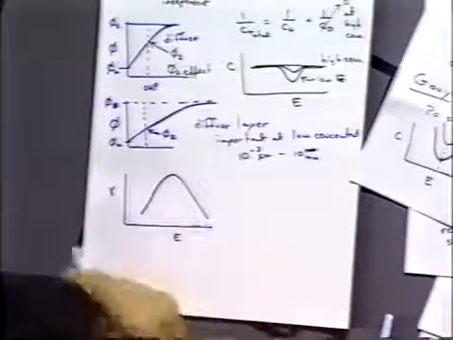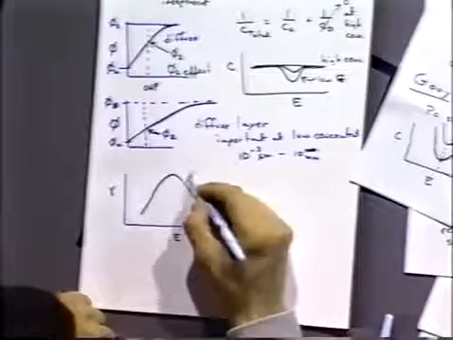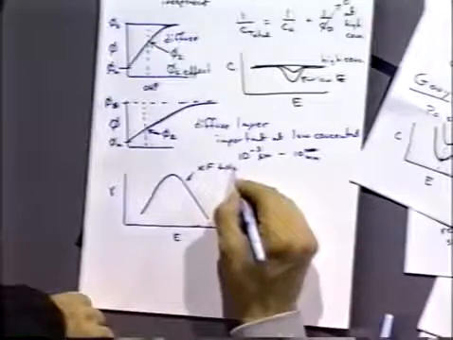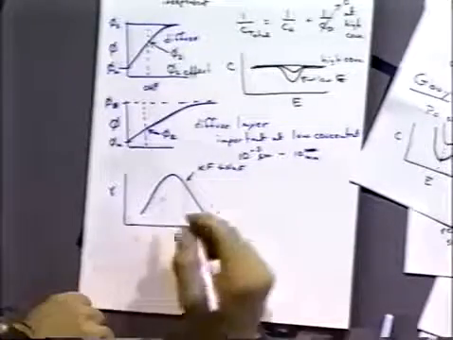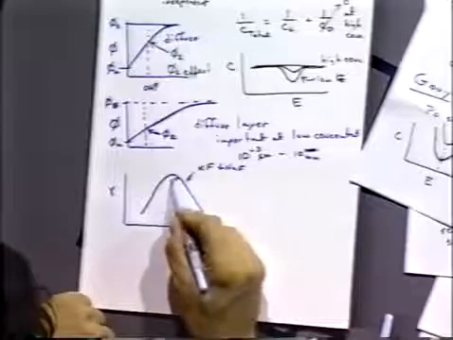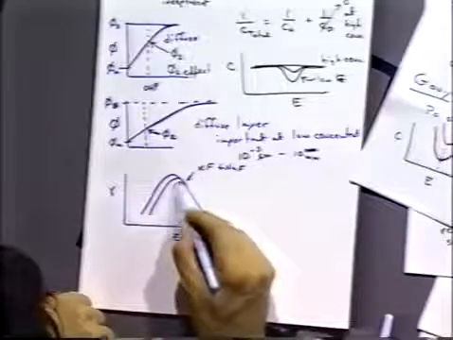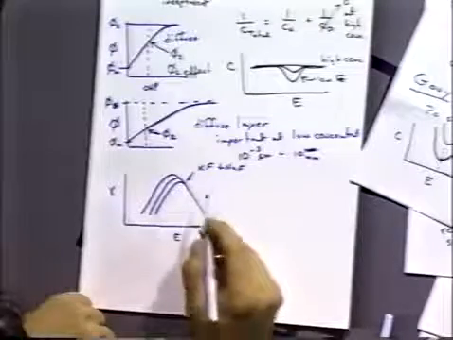For example, although the shape for sodium fluoride is nicely parabolic, what we see is that the shape for ions like potassium iodide and potassium chloride, or sodium iodide and sodium chloride,